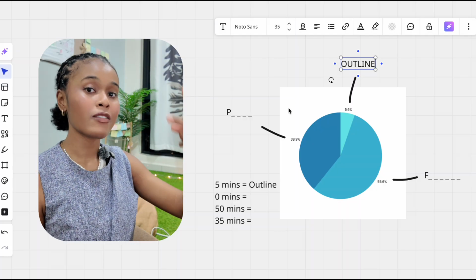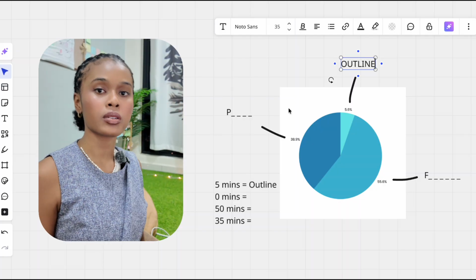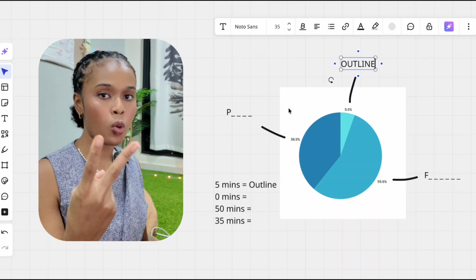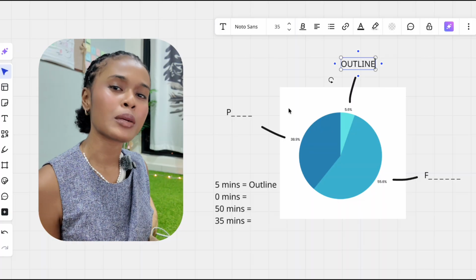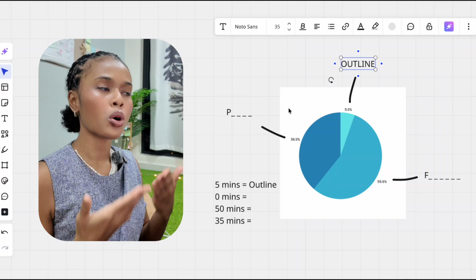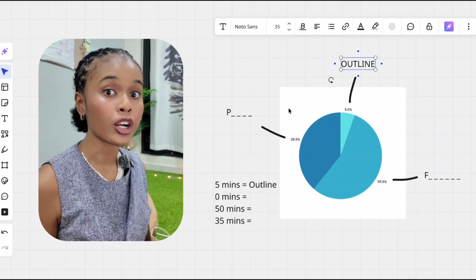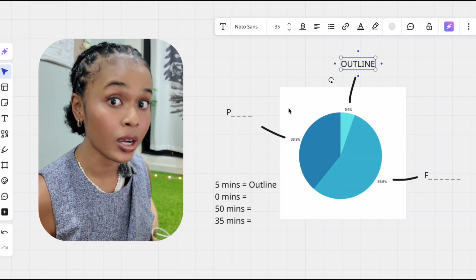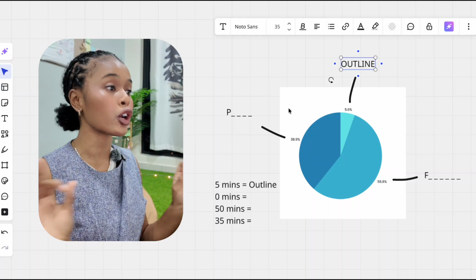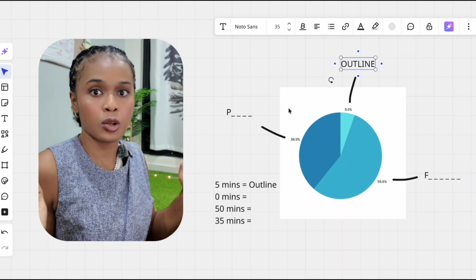But guess what? What if I gave 2 girls a water bottle? I gave one a water bottle. I gave one a gallon of water. Who do you think is going to collect more water? The girls with the hand or the girls with the water bottle and the gallon of water? The girl with the gallon of water is going to collect way more water, and she's just going to win the challenge.